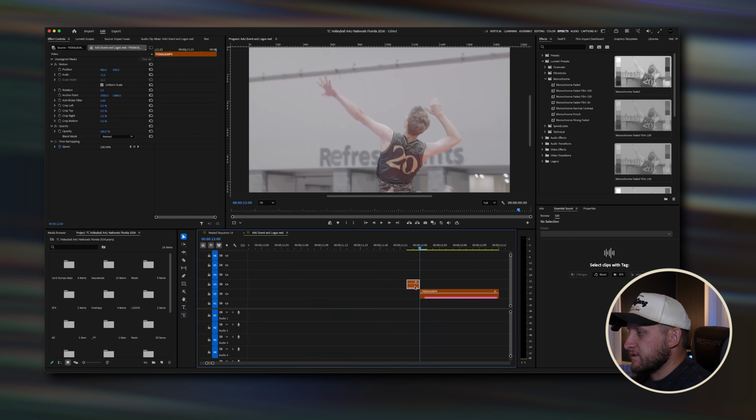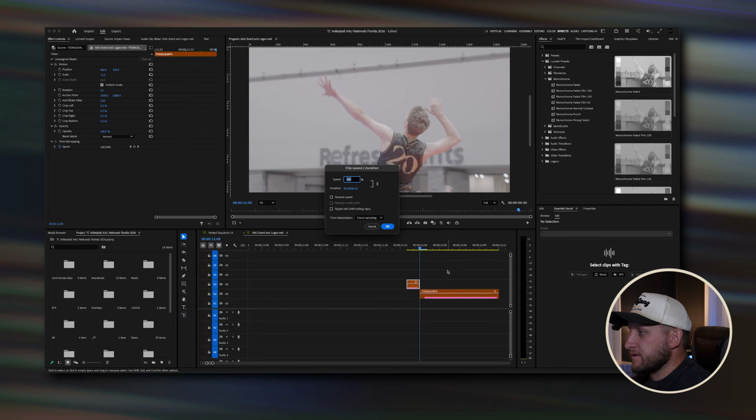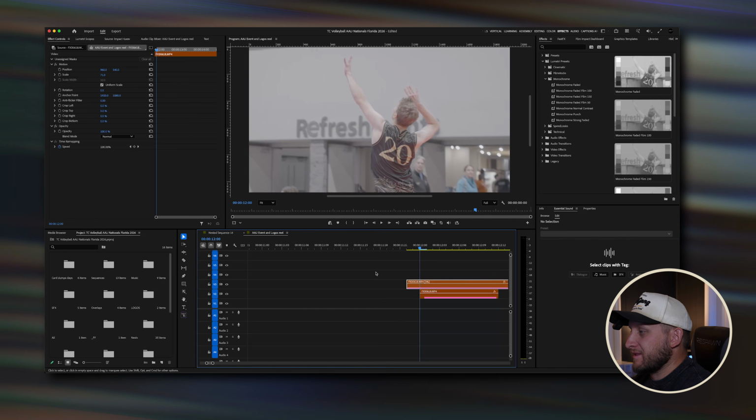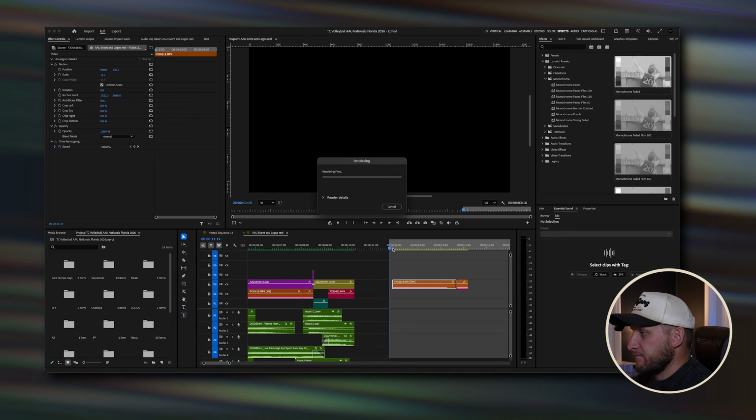And I've taken those 2 frames and I've right-clicked on it and I go to speed and duration, and for this one specifically I did 3%, and then in time interpolation you go to optical flow. And what that does is Premiere will fill in the empty spaces of what it thinks the frame will be, or what the clip should be, and then once you render it, it'll give you a